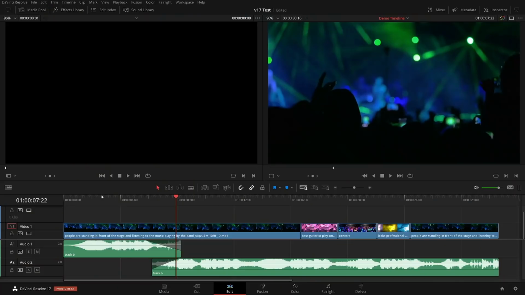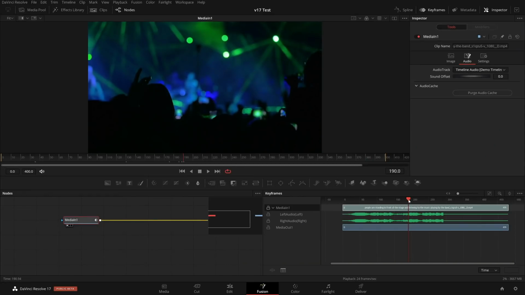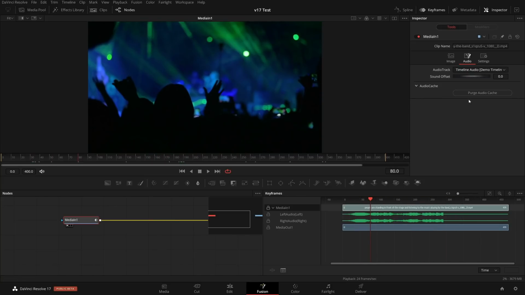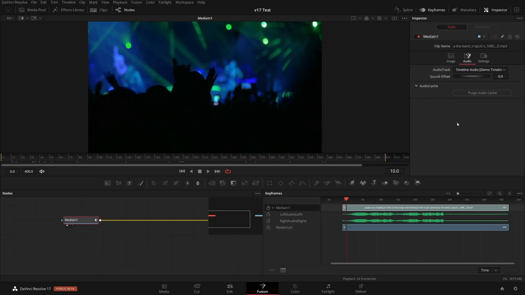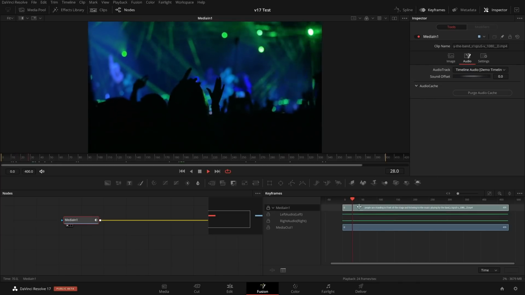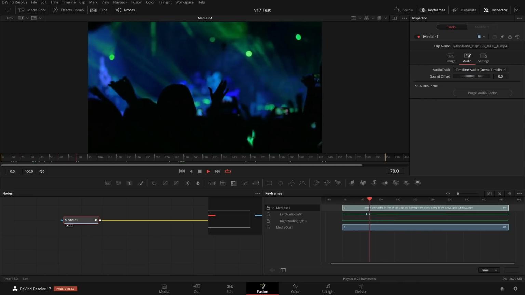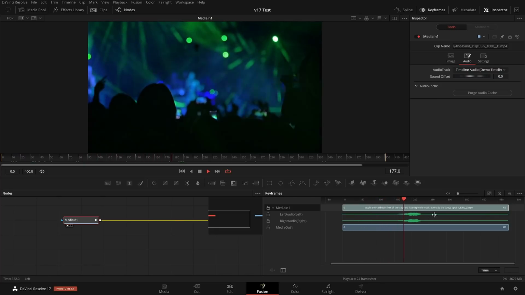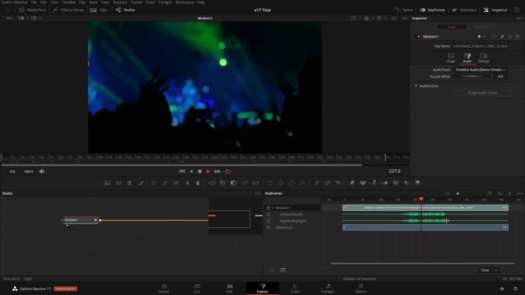I can just go back into the edit page and solo a track or mute a track. Let me demonstrate and mute the first audio track. So this one is now muted. If I go back to Fusion, then because the caching is there, everything is still here. So the full audio waveform is still there, but then that's a scenario where I need to purge the cache, and now the beginning won't build up again because that part was muted, and then as it caches through, it will find the audio waveforms again.